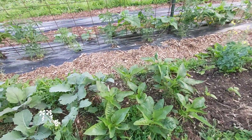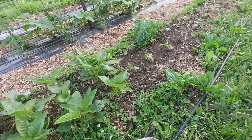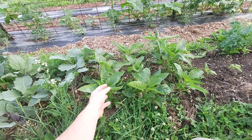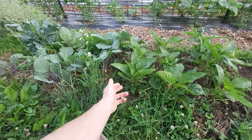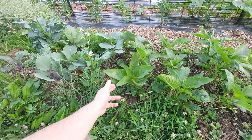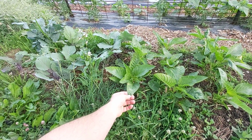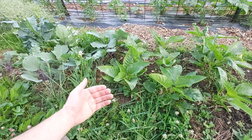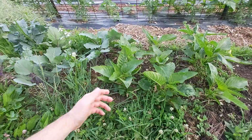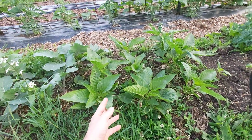We didn't actually have enough viable brassica seeds to fill out the entire row. And so we've interplanted a crop that I'm probably going to do a whole video on soon. This is called callaloo. I believe that's a Caribbean name used in Jamaica. I believe it's just a fairly common type of green amaranth. However, I've come to appreciate this as being quite possibly my favorite